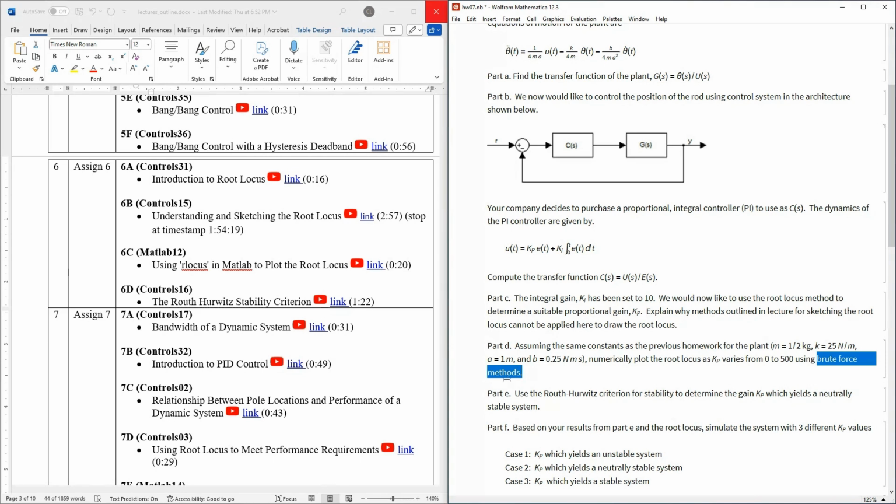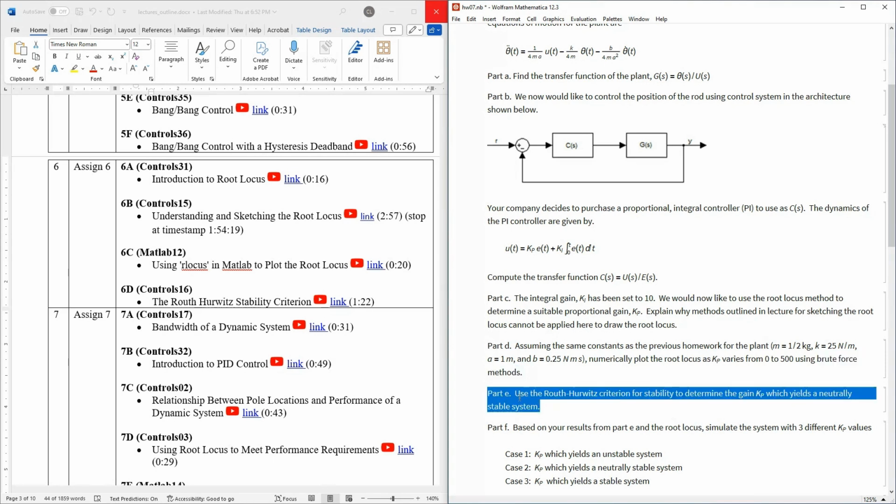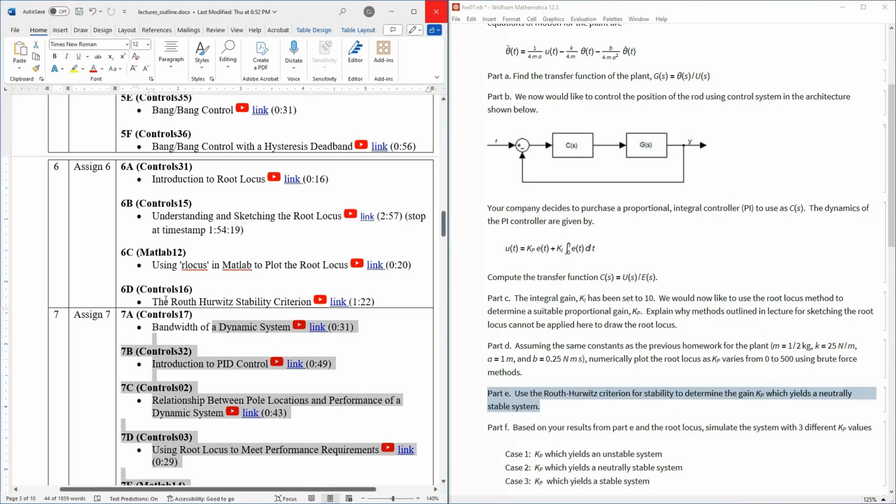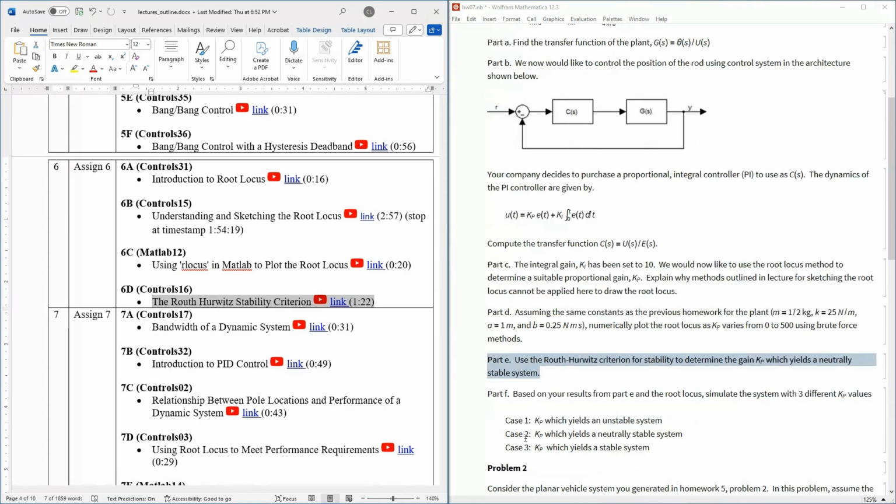Once you've got that, you could actually still use the Routh-Hurwitz stability criteria to determine which gains KP are neutrally stable, right? And again, if you need a refresher on what that was, remember we talked about what Routh-Hurwitz was last week, okay? And now, once you have that magical number which yields numerical neutral stability, I'd like you to